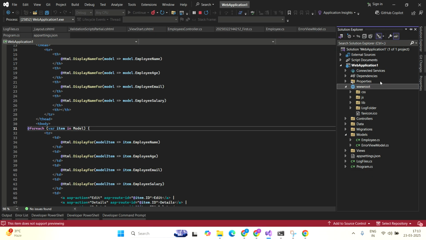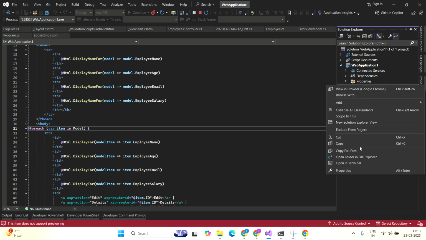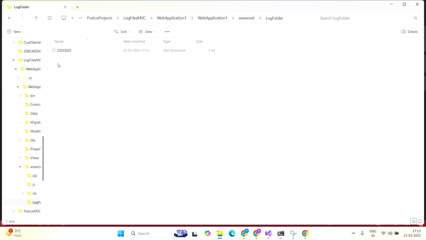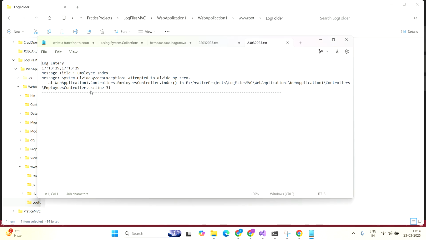Yeah, now you can see, right, it will create the log folder. I'm opening the folder explorer. Inside the folder explorer, it created the log folder. Inside the log folder, today's date is displaying, and inside the text file you have to see, right,